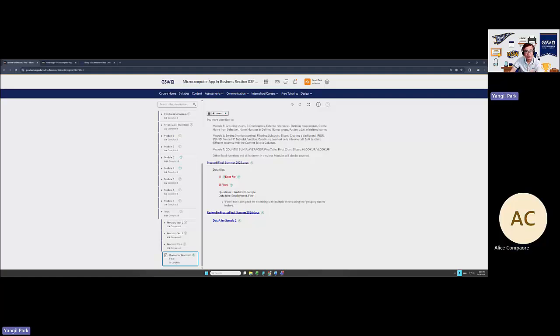Then also introduce advanced if and VLOOKUP, more of VLOOKUP and HLOOKUP. And I don't think we need to worry about this too, which is combining multiple cells into one or split. So I think it comes in there, but I don't think it's going to cover it in the